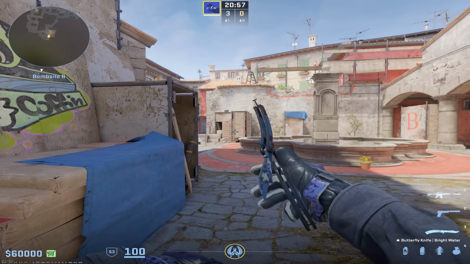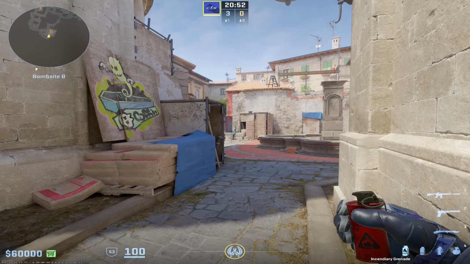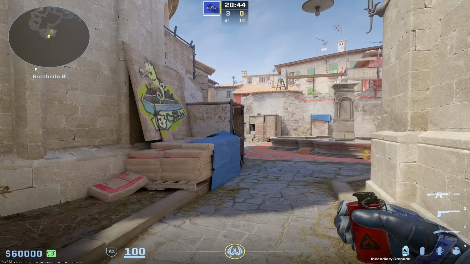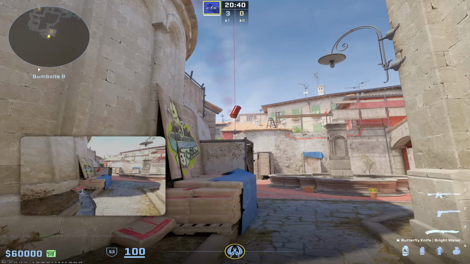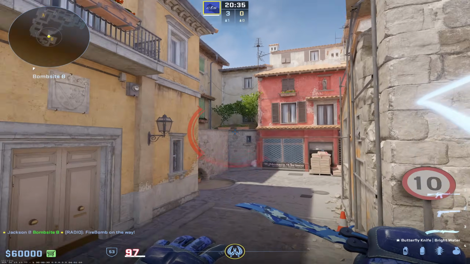So once you're in that situation, generally what I like to do is if I'm the only player on B, maybe I've had to rotate over to A, or let's say my B partner's gotten picked. If I'm the solo man, I'm just going to be sitting here on coffin and just jiggling, right? I'm just going to be waiting and watching. And the second I see someone swing across, I'm going to go back here and I'm going to bank a molly off of this position here